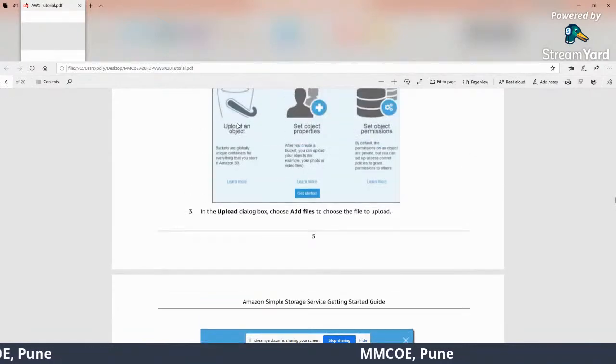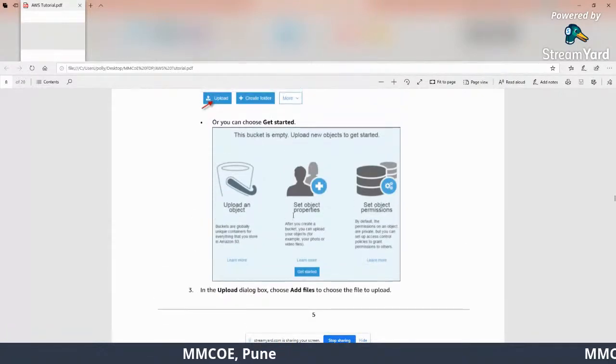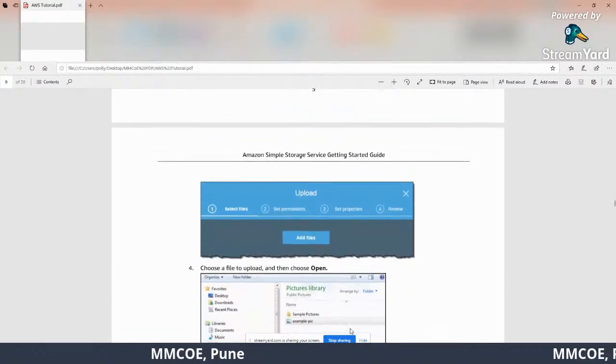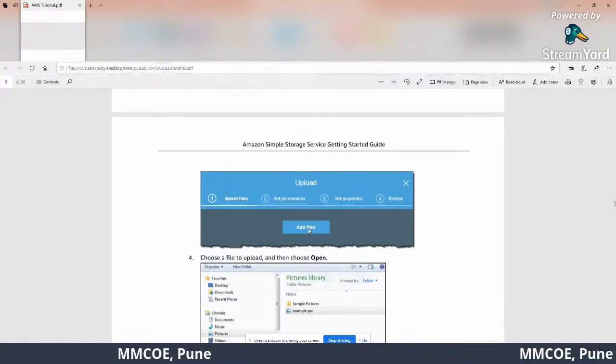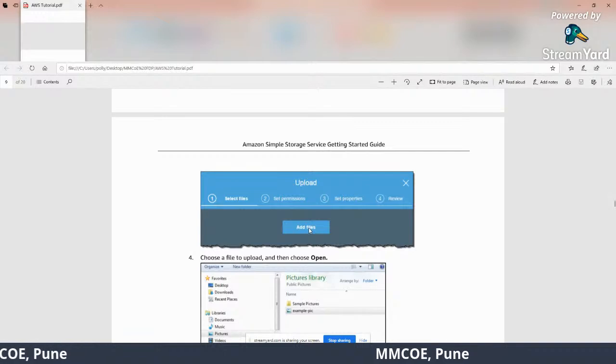When you see this screen, you choose add files. When you upload and click on get started, you see the screen where you now add your file. This is the file which could be your .csv file, for instance, or it could be any other data file.